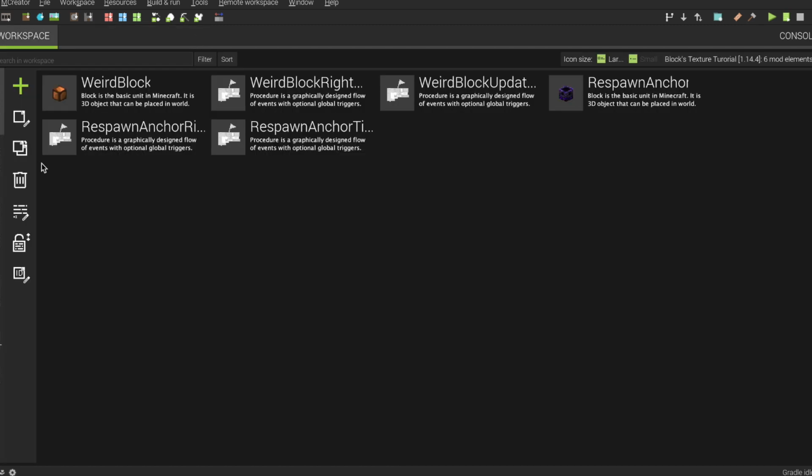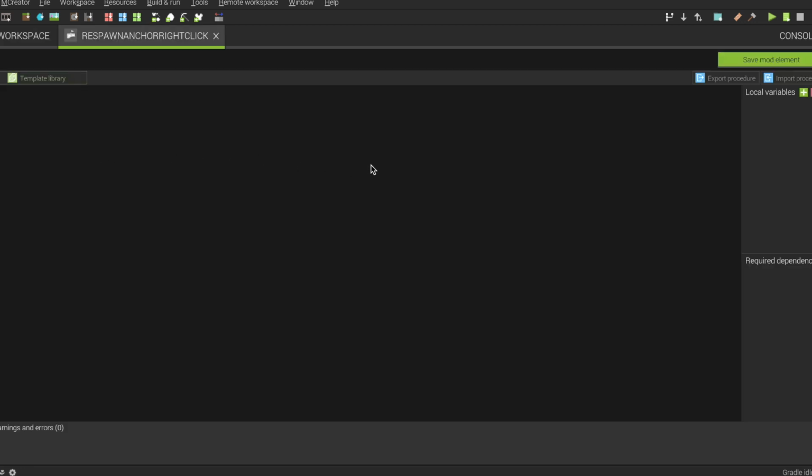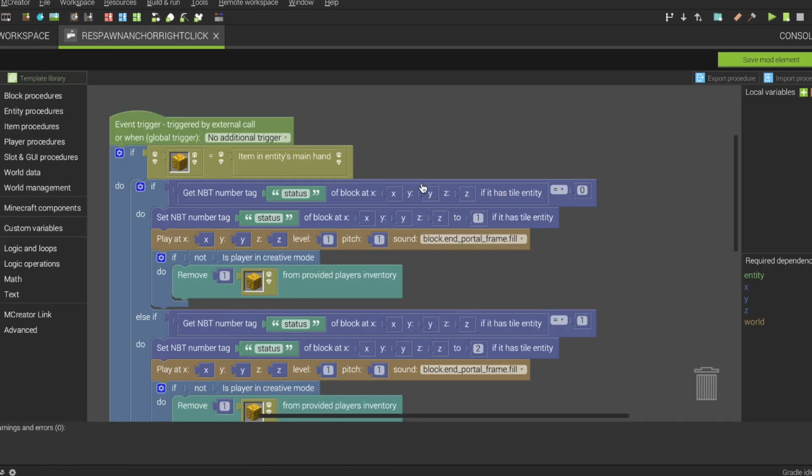For the Wisp-on Anchor, we're using the right click procedure. This one is a bit complex because I'm checking if the player has a glowstone block in his main hand. So I'm using the NBT tag status: if it's 0, then we set it to 1. If it's 1, we set it to 2 extra. And I'm using a sound, the end portal frame fill, because it's the closest one.